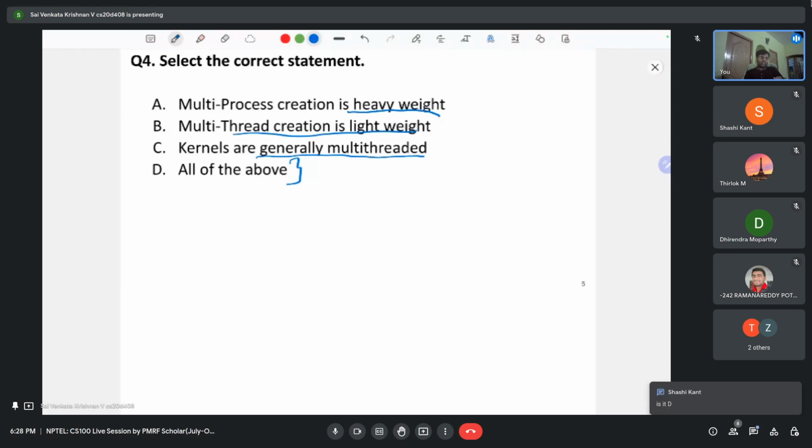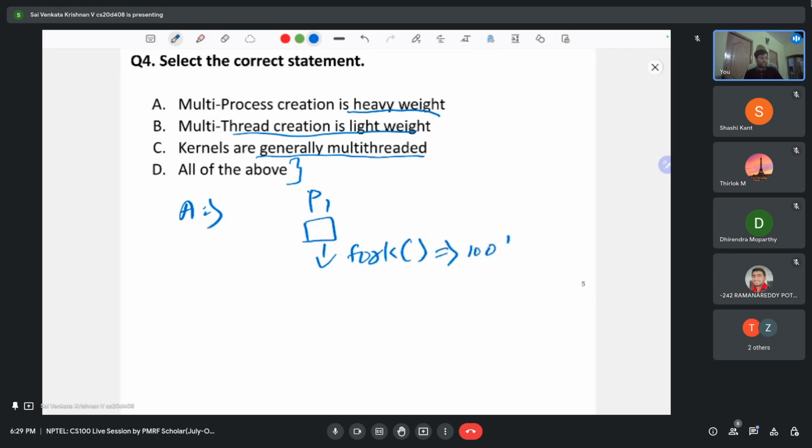So let's look at the statements one by one. Statement A: multi-process creation is heavyweight. Say one process P1 is running, and I want to do a fork 100 times. What happens? Each time you would be making this system call, so there would be a context switch,